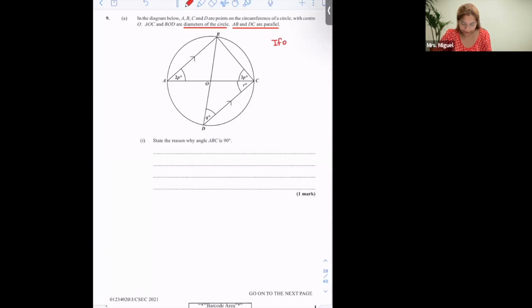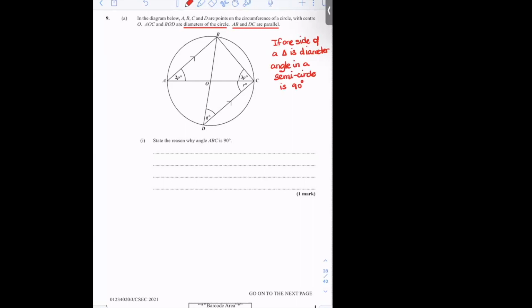If one side of a triangle is the diameter, the angle in a semicircle is 90 degrees. You all remember that? Yes, miss. Now,